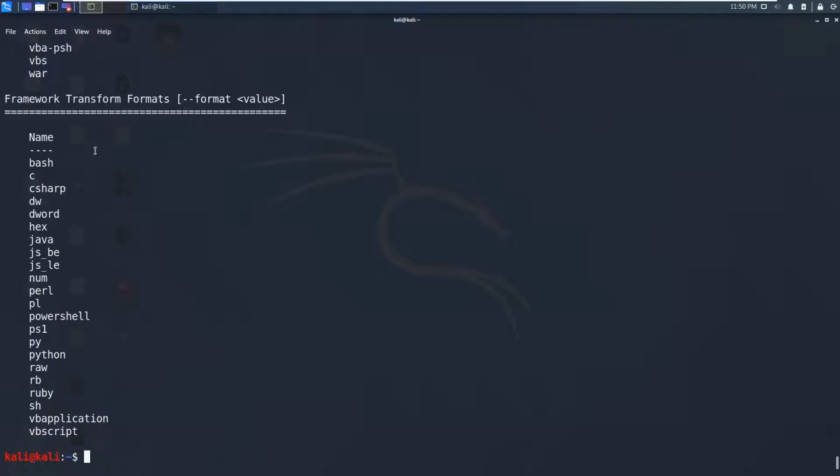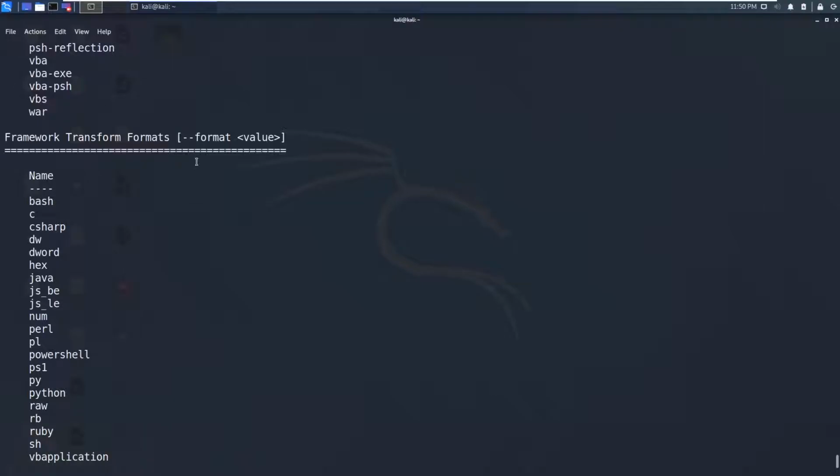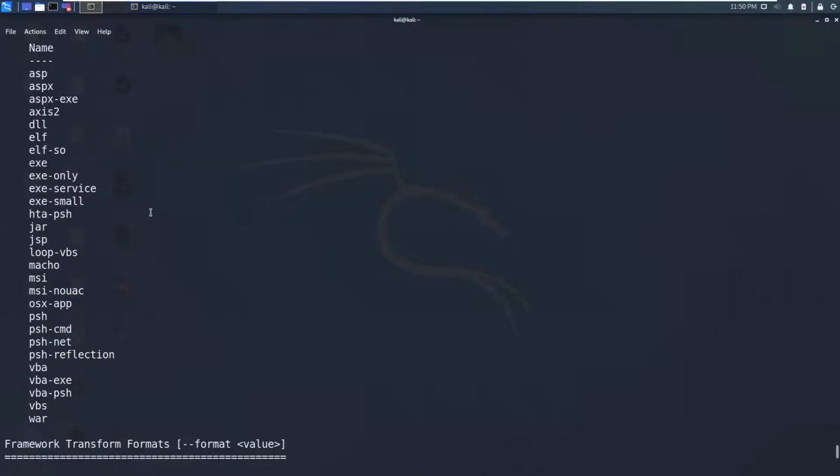So these are all formats we can generate and we can append in our exploit. You can also specify exe to generate a Windows based executable.